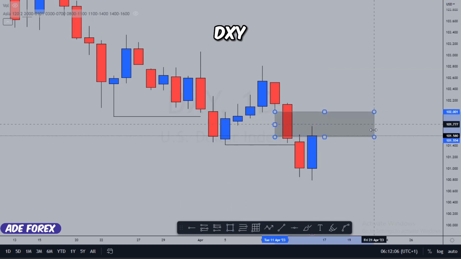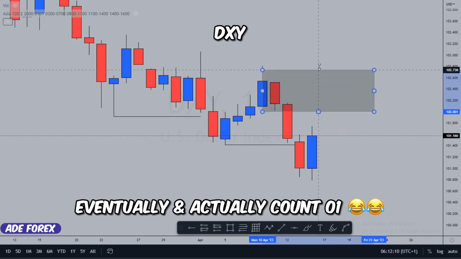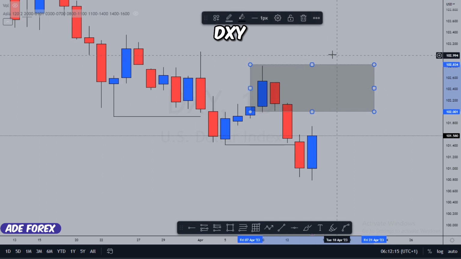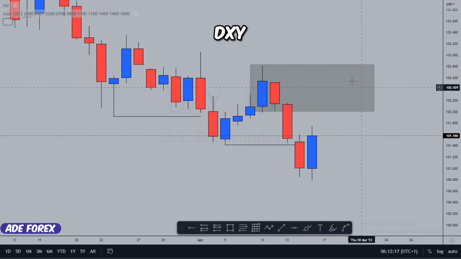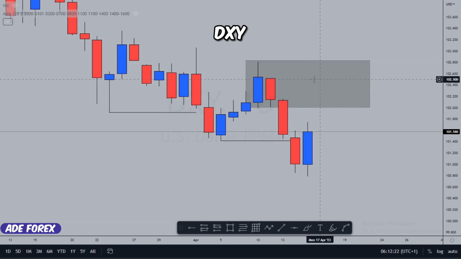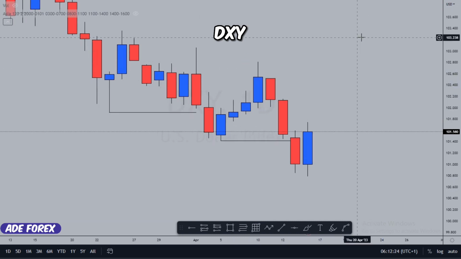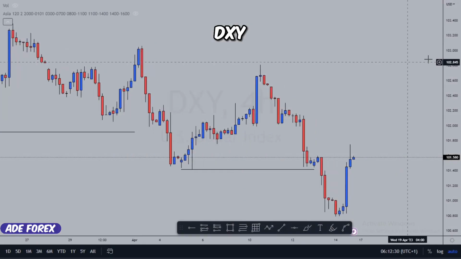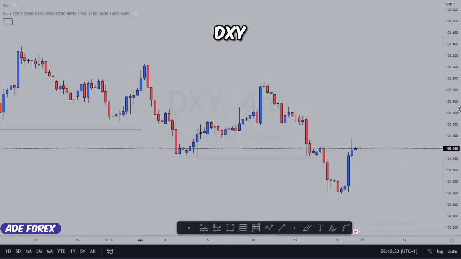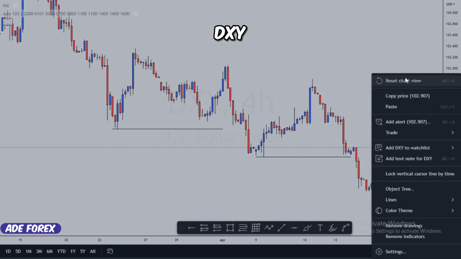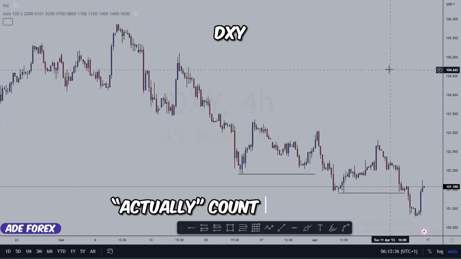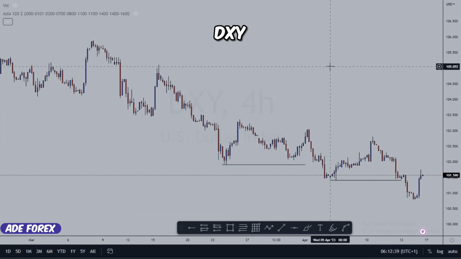All right guys, if we zoom into the most recent candles, we can see that we have this imbalance right here. We can also call it a fair value gap. So the market might eventually mitigate it and probably tap into this supply zone before coming back towards the downside. But let's go to the 4-hourly time frame to see what we've got there. As you can see, we are still obviously bearish. Now guys, before we move forward, let's take a look at what we discussed in the previous week.